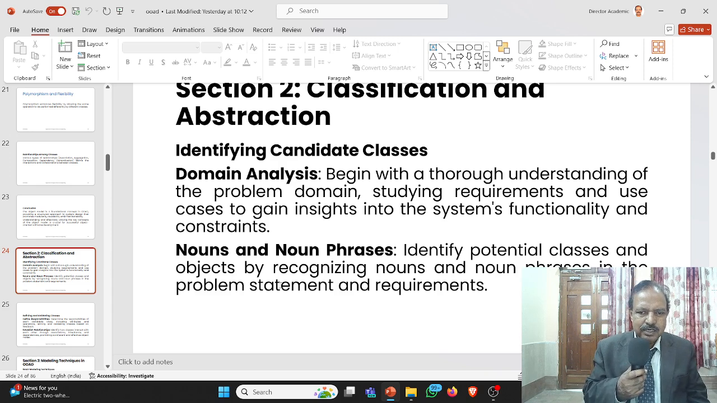In the classification and abstractions, we are going for identifying the candidate classes. So we do it by domain analysis, beginning with a thorough understanding of the problem domain. How? By studying requirements and use cases to gain insights into the system's functionality and constraints. See,